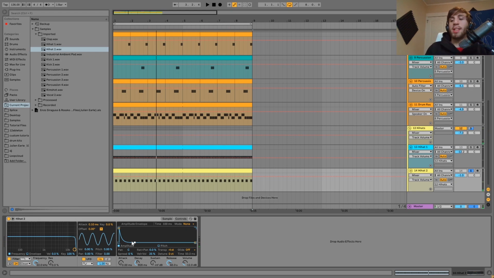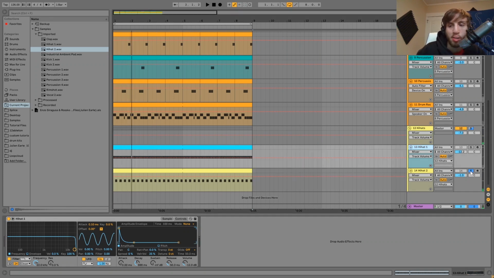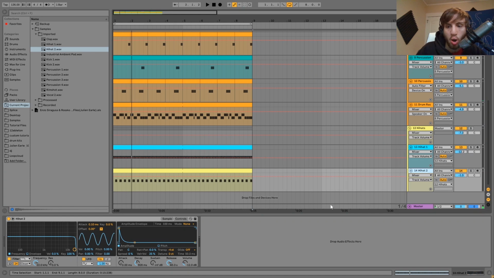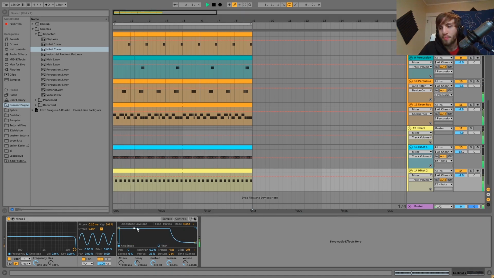And yeah, it's just a nice way to take the 909 hi-hat and make it sound a little bit more interesting. We've been hearing this for like 20 or 30 years now. You got to do something new with it to make it feel a little bit more fresh and a little bit more exciting. And also it makes it fit into this mix a little bit more because if we just have a long hi-hat, it's not really going to fit. That sounds kind of messy, but if you make it short and tight like this,